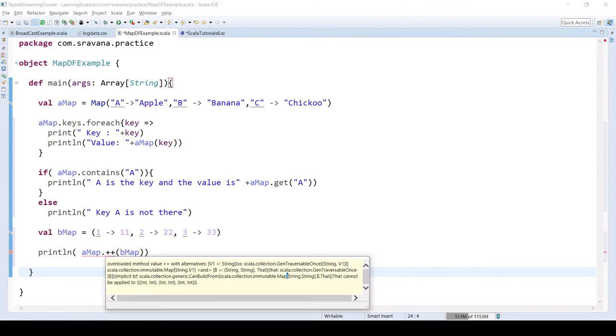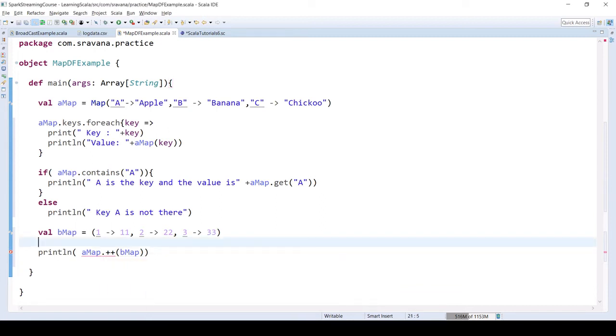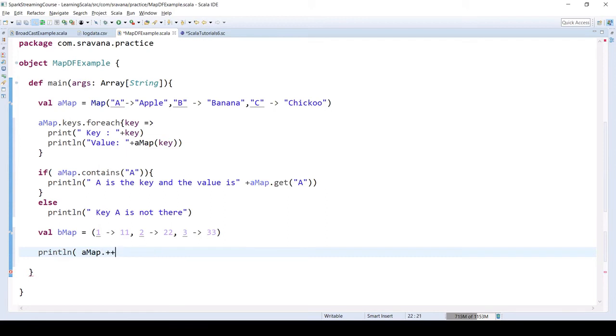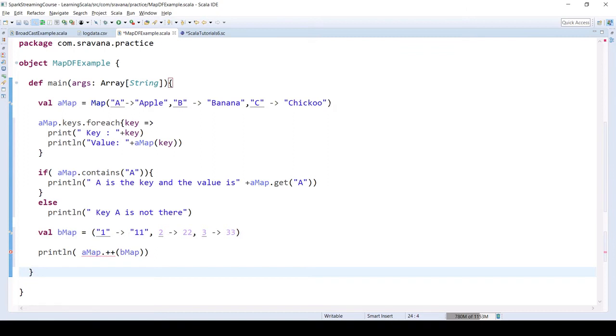That is because this is string comma string, so it cannot be applied to this one. And let's make this also Any, Any.